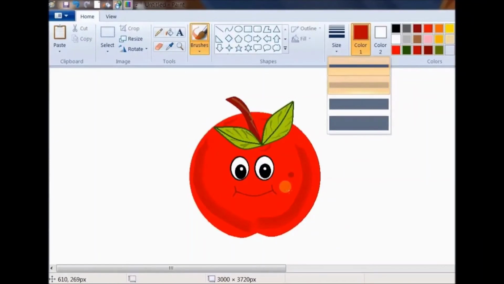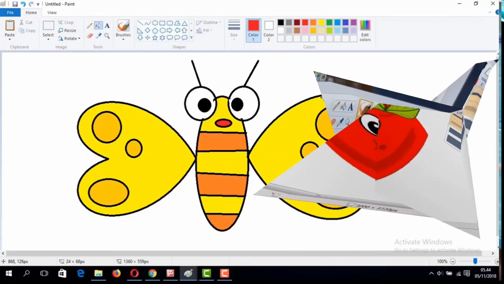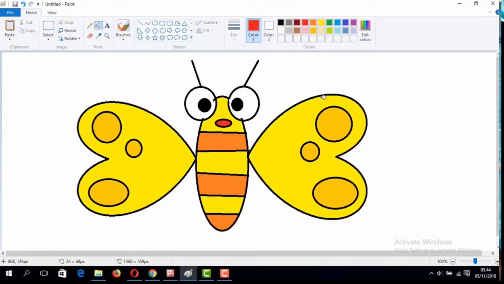See the next drawing? An apple is there. Have you heard this saying? One apple a day keeps the doctor away. But if you have such a beautiful apple, then never will dogs come to you. Now see this beautiful drawing and tell me which shapes are used over there. A circle is there, a line is here, a circle is here, and this drawing is made with yellow, orange, red and black colors. You can also make the drawing. Now tell me, what is this? This is a butterfly.